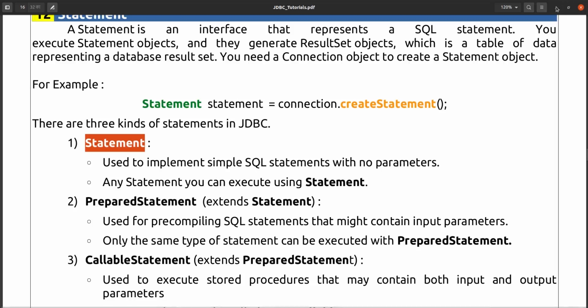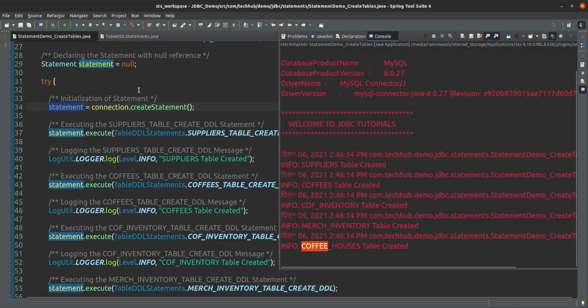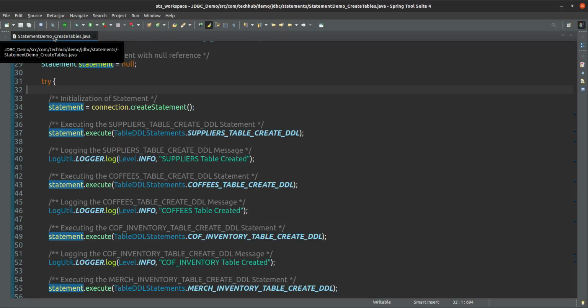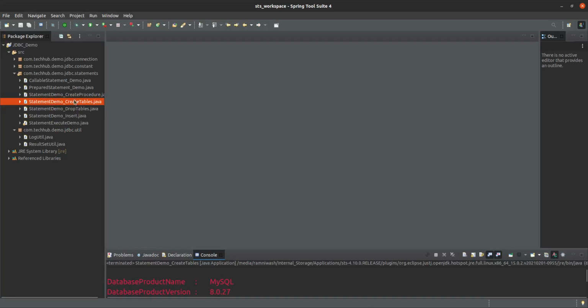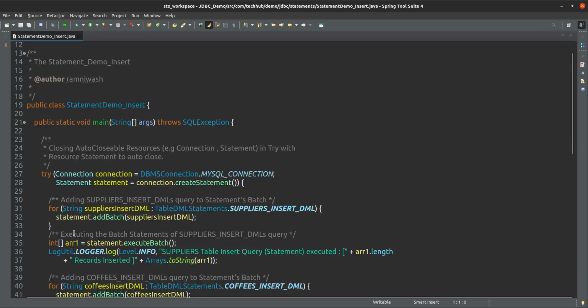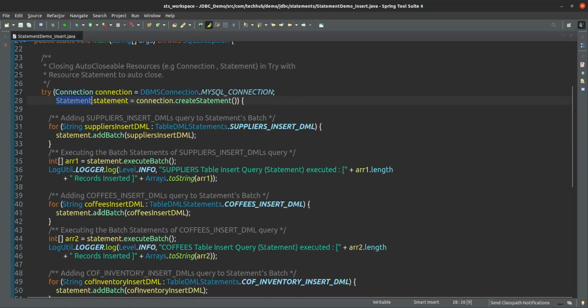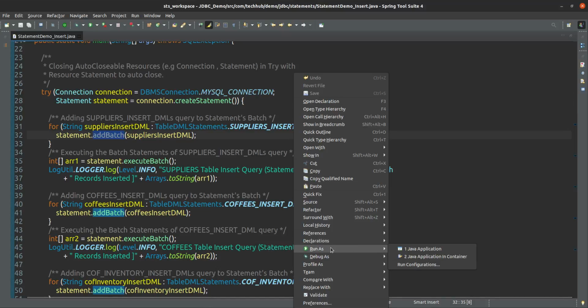Okay, or we can populate the data also. One more example is there. Yeah, insert statement. I think for insert statement also we are using statement only. So all this will insert the data into this table.